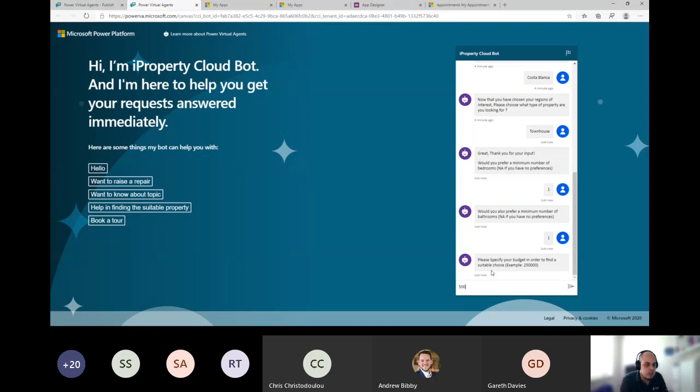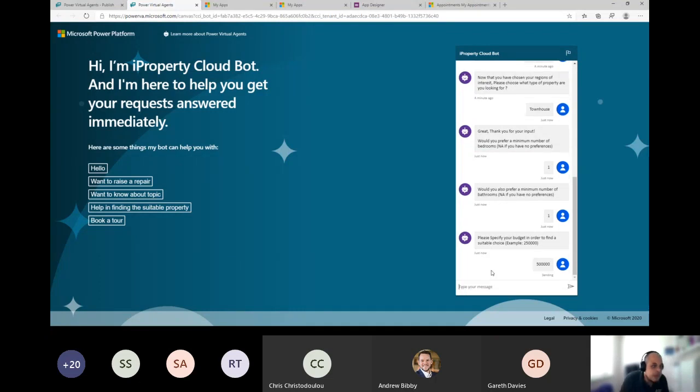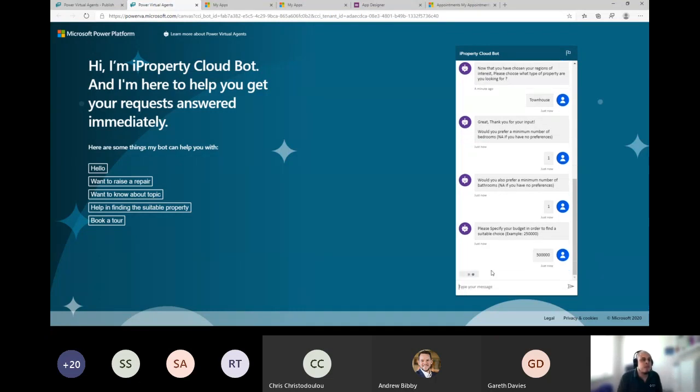So in this case, I'm just going to go up with a big budget, so $500,000, for example, is my budget. Now, this is the moment where the Power Automate runs behind the scenes, dips inside Dynamics. This is actually happening in front of you now, and captures those properties that match this criteria. And hopefully there will be one property that matches this criteria. I haven't checked this demo